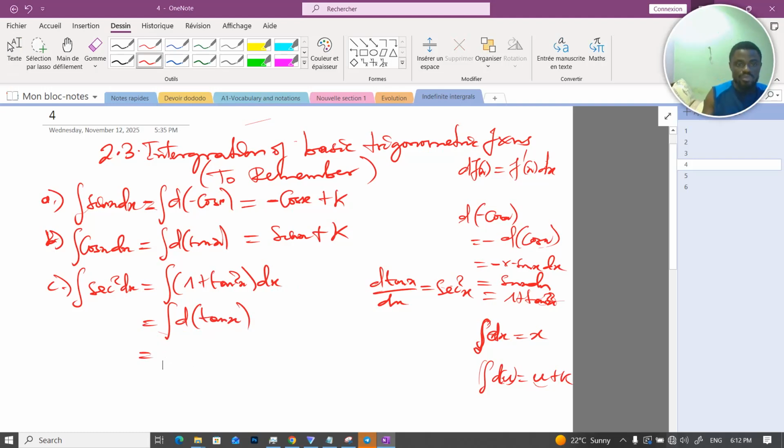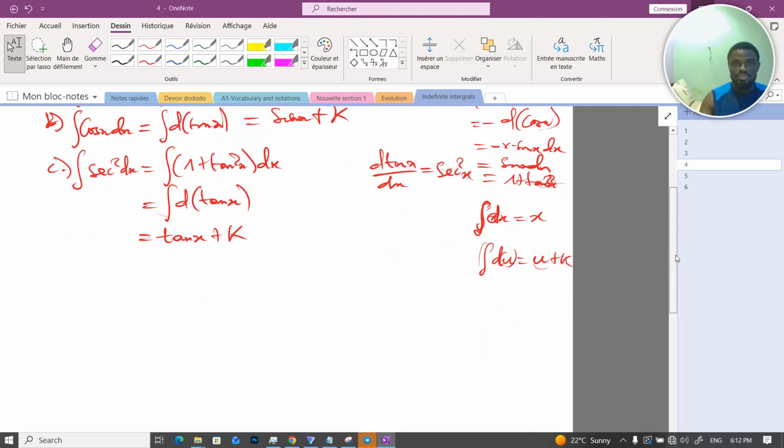Tan x plus a constant of integration. So the integral of sec square x is simply what? Tan x. These are formulas you should master. Remember them. So the next one,